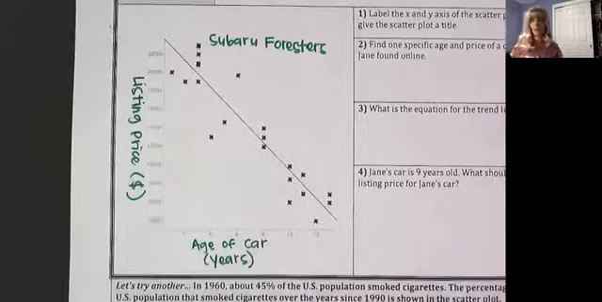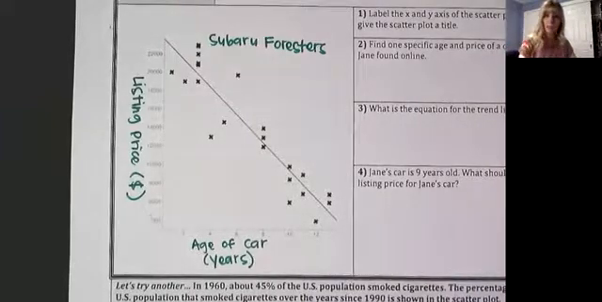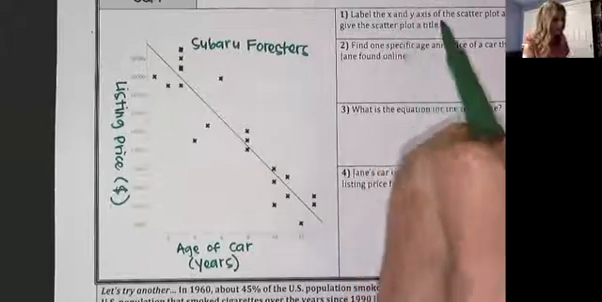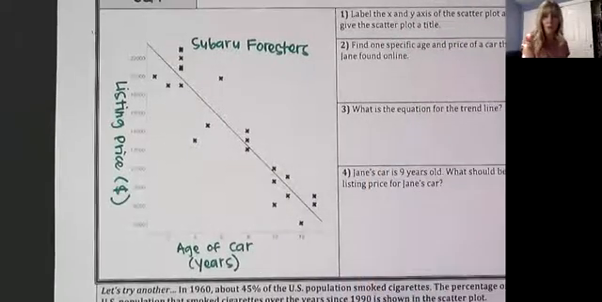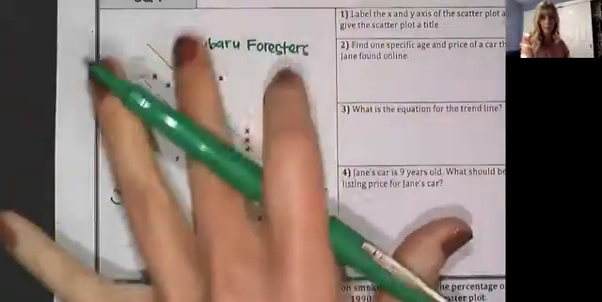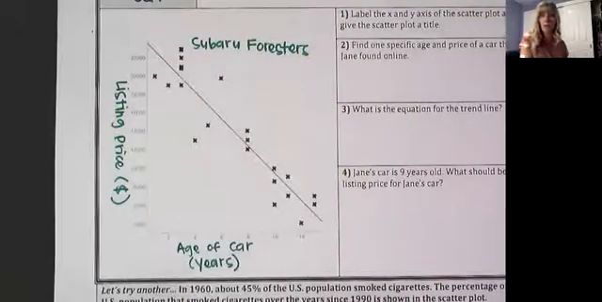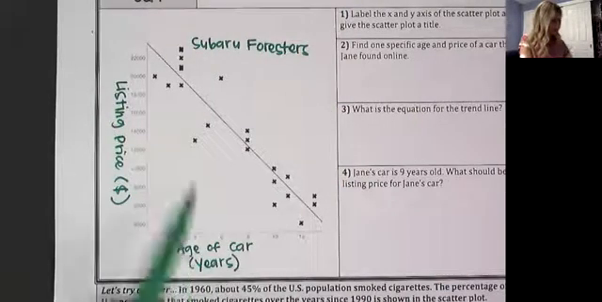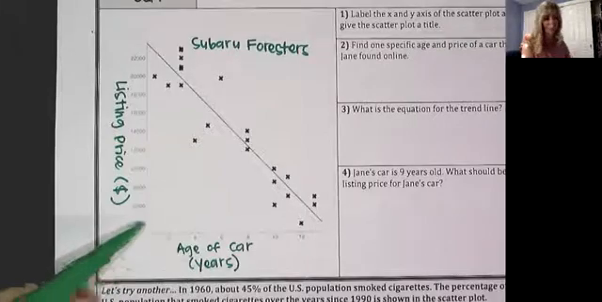That's what this scatter plot is all about. So it seems like a good title. Okay, so we did that. Label the X and Y axis of the scatter plot, give the scatter plot a title. Now we can look at this and we can tell what it's all about. Oh, okay, this is the age of the car compared to what it's listed for, and it's all about this